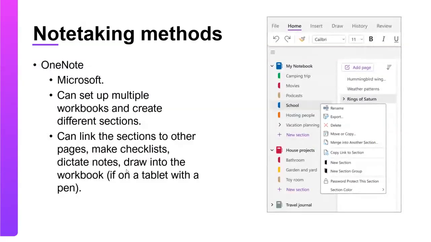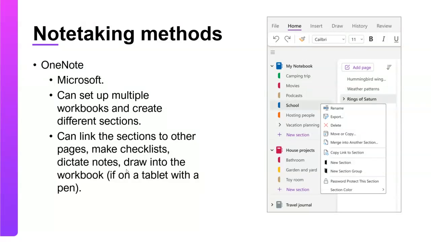And then, of course, we have our more digital options. So OneNote is part of Microsoft Office, so you should have access to it as a Curtin student. And because it's Microsoft, it works with all your other bits. So all the other Microsoft Office apps, you can set up multiple workbooks and create different sections. So you could have, say, a workbook for each unit and then a section for each